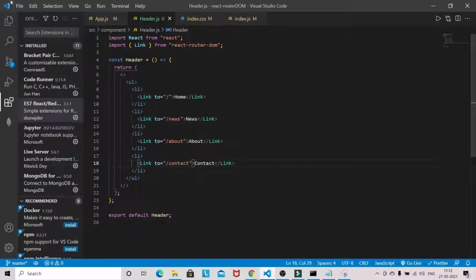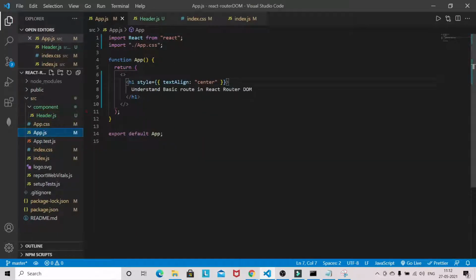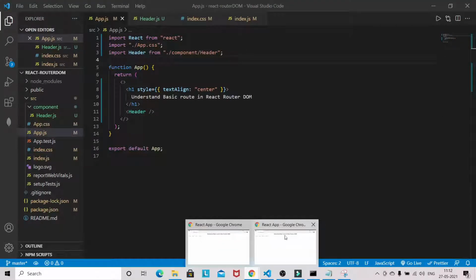So now we have created the basic navigation in the header. I will bring the header component here. It should be imported automatically; if not, you have to import it manually like this. Now let's see.